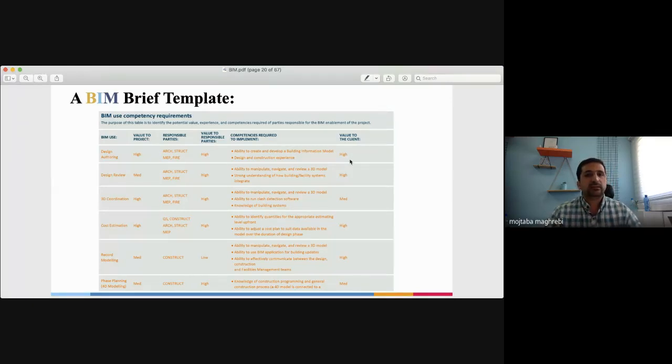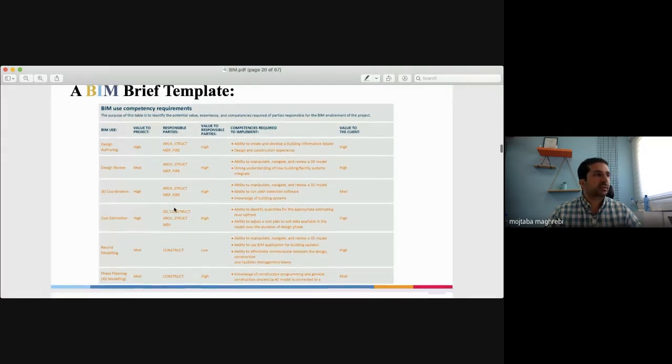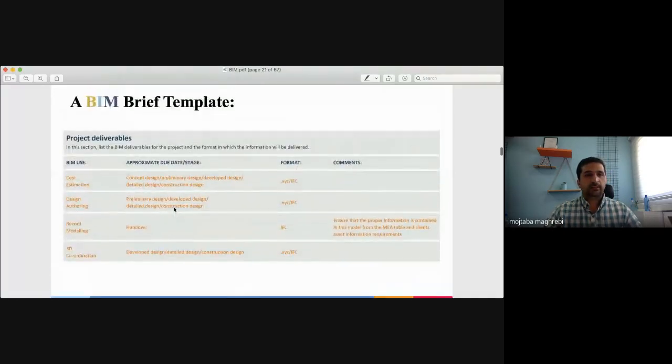And again, for the client, the value is high. But you can see that the value is different, for example, high margins for different parties involved in a project. For BIM templates, again, we have project deliverables.